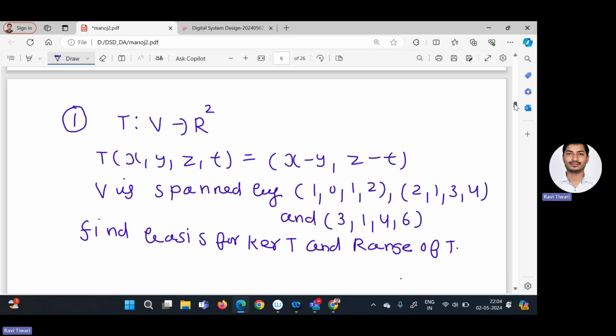you know what kernel T means. We put the image equal to 0 and solve the system of linear equations, and the solution set of the given system is the kernel of the linear transformation. But this question is somewhat different, because here V is spanned by (1, 0, 1, 2). So basically this question is also easy. We can apply the given basis (1, 0, 1, 2), (2, 1, 3, 4), and after calculating the image of these vectors,